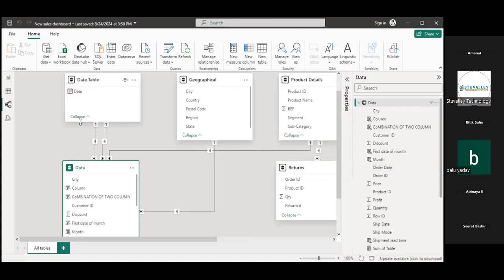One approach everyone knows: with the help of Excel we are able to create a calendar table. Yes, we will create one calendar table within our Excel, and after our creation of the date table, we will upload it in Power Query. और एनालिसिस करने के बाद डायरेक्टली हम उसको अपलोड करेंगे इन आवर पावर बीआई कैनवा, और हम रिलेशनशिप बिल्ड कर देंगे.